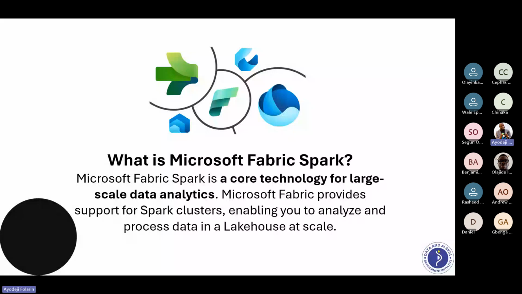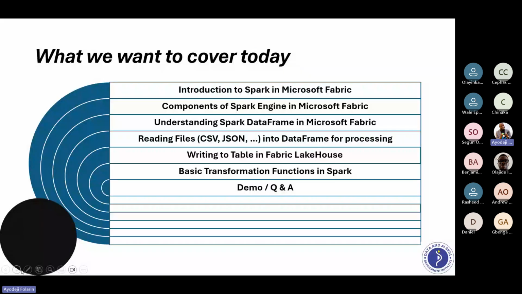Now, Spark is actually an open source solution for big data processing, and it is called Apache Spark. And in my definition, Microsoft Fabric provides support for this Spark cluster. There is an integration.